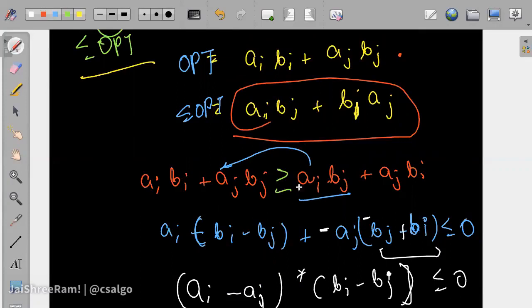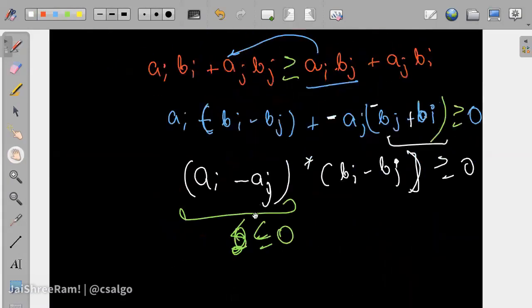Just changing the signs at all places, this would have been greater than equal to, okay, and with this expression we can say that this is less than equal to 0.